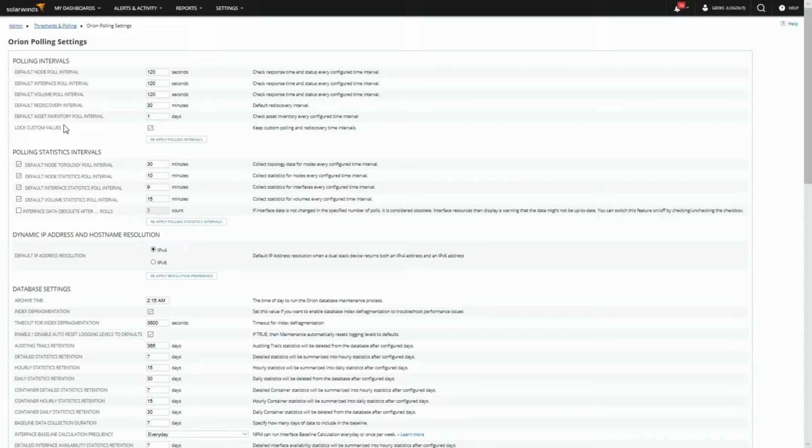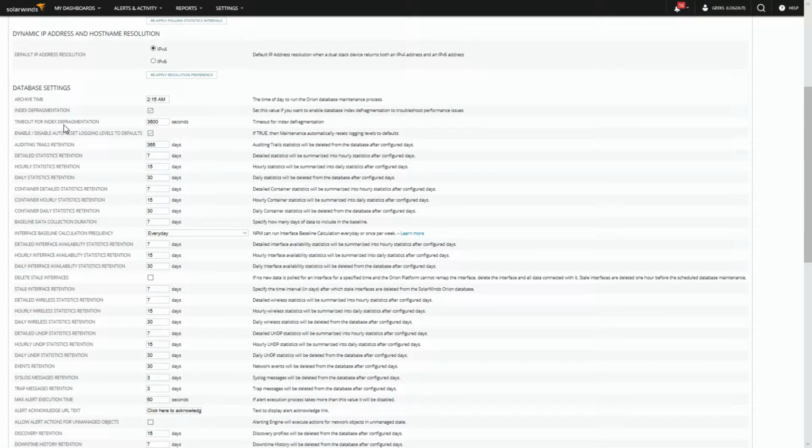Now, when we start looking at the database settings down here, this is where you can start to change timeouts and try to do things that can also help you out. We're going to discuss this in a different demo, but I at least want to go through the polling settings as they are. These database settings are kind of misleading, because they're inside of a thing called polling settings. Boy, that only makes sense. You're right, everybody that's been using the product for decades, but this is where you find a lot of information about basic database maintenance tasks. It's actually located inside the admin settings for the polling. That's always a great place to look, especially if you've been with SolarWinds for a long time and had the Orion platform, because it used to be in a different location.